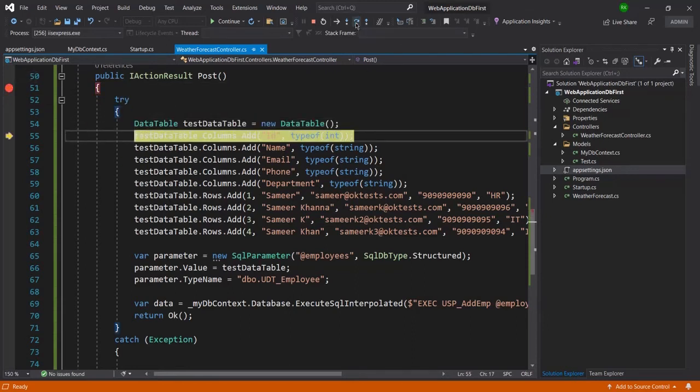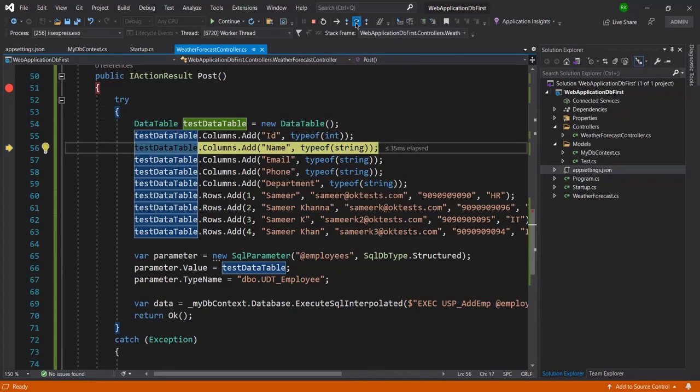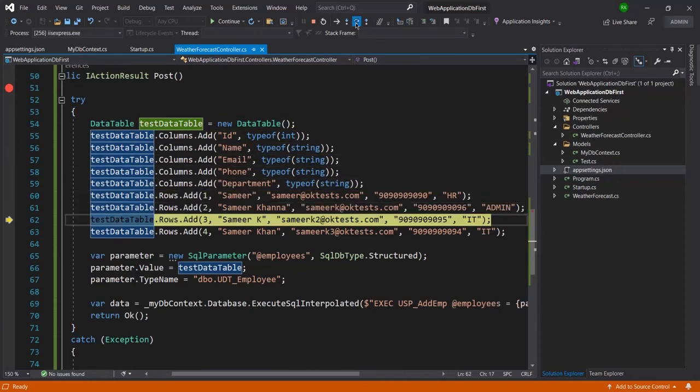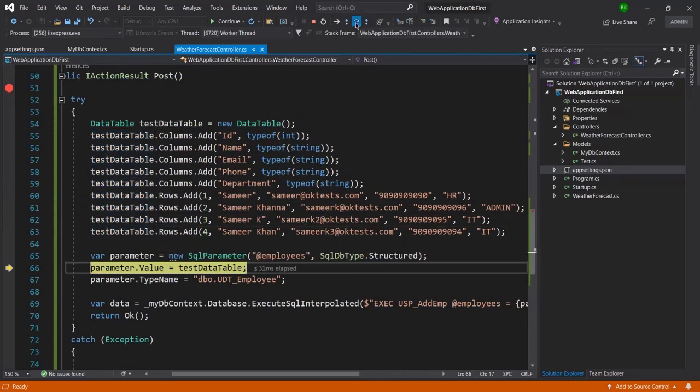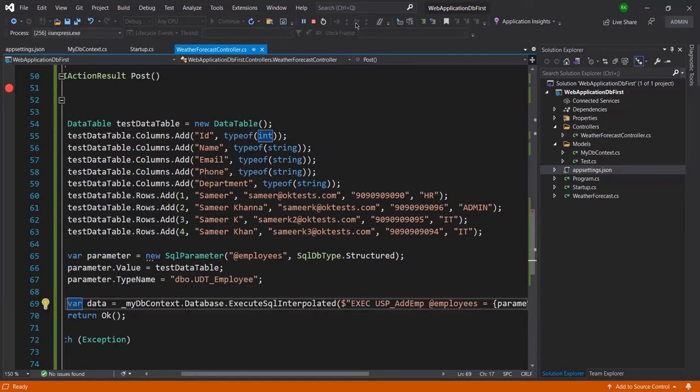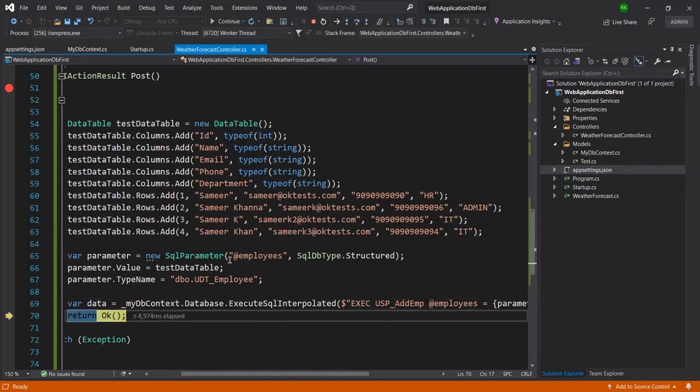Here you can see the first line, 54, is executed, then 55, 56, 57, and all these lines will be executed one by one. I have also created the SQL parameter, and now this is the final step, so I am again going to hit F10. You can see it is processing, and now we got the data returned.